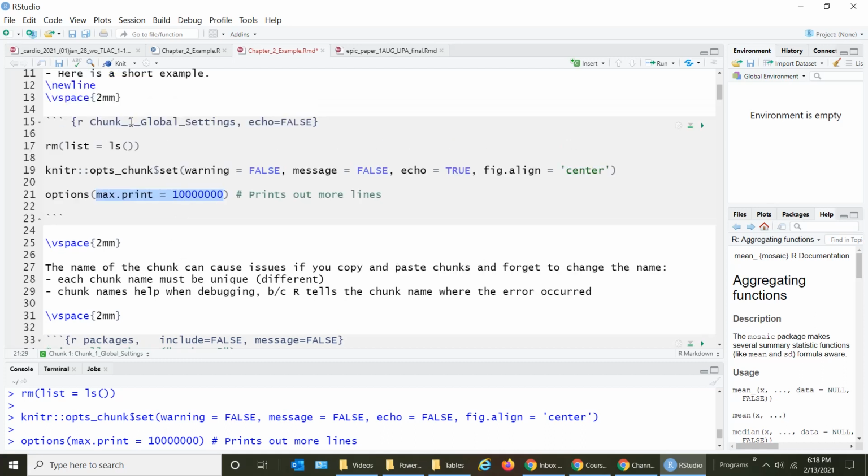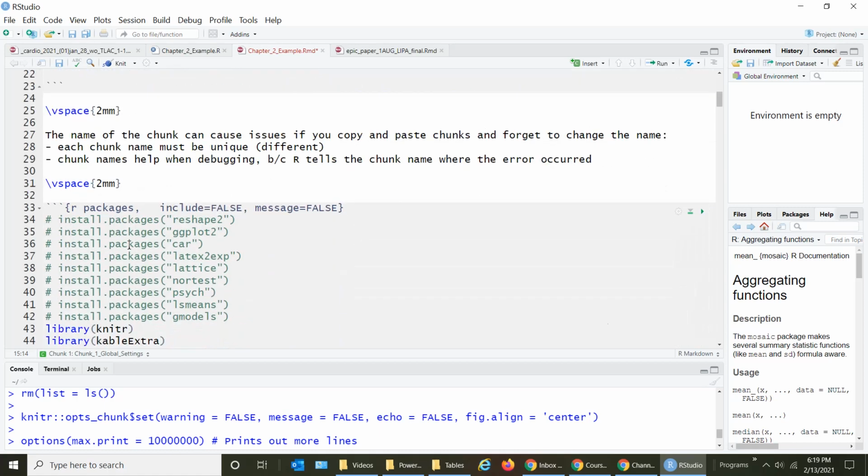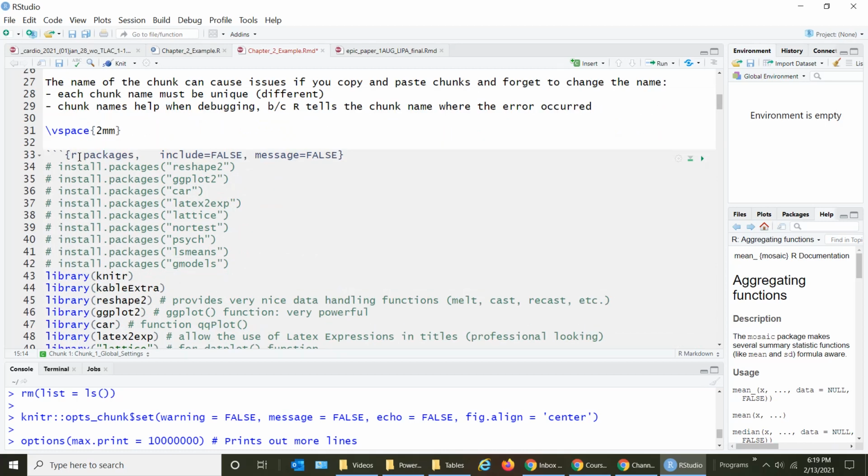You could change global chunk 2 here if you copied and pasted this. If you just change one letter in the name, you're good. Okay. And then here I have a chunk called packages. Okay. And I don't want to include this in the